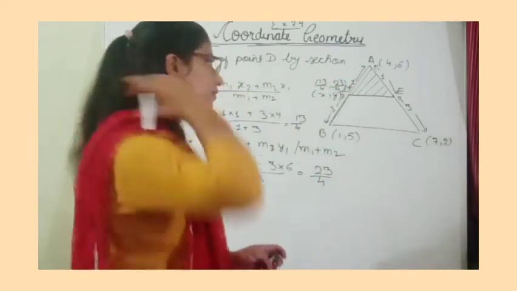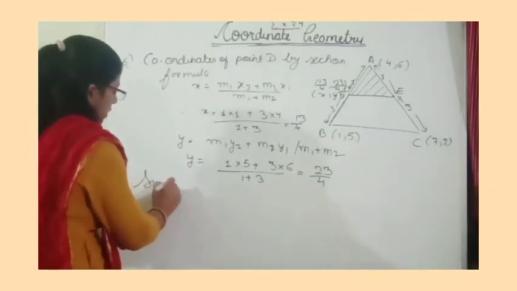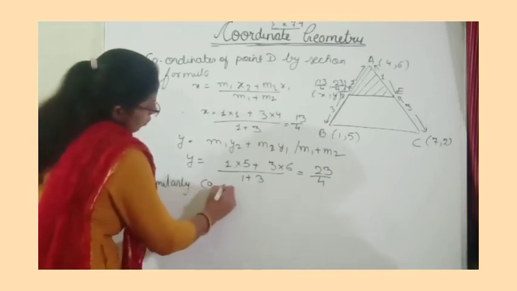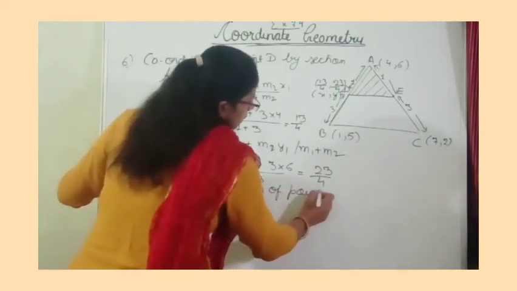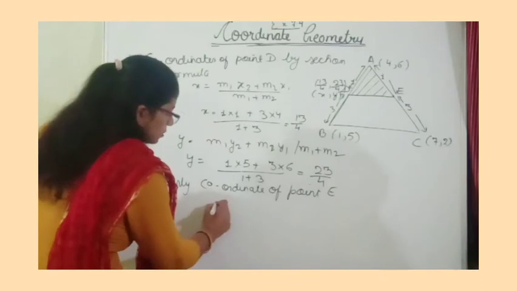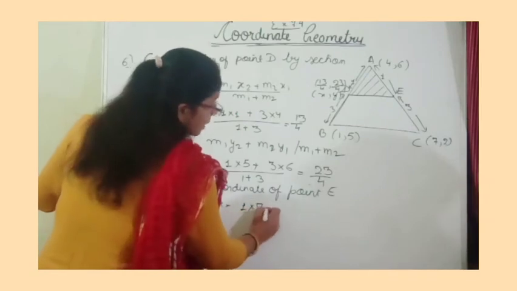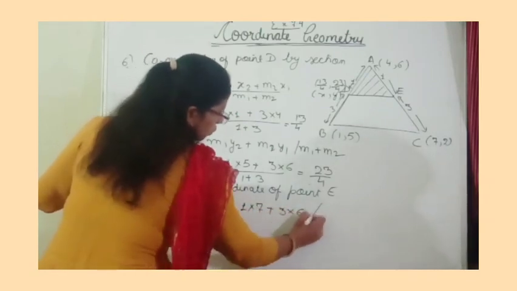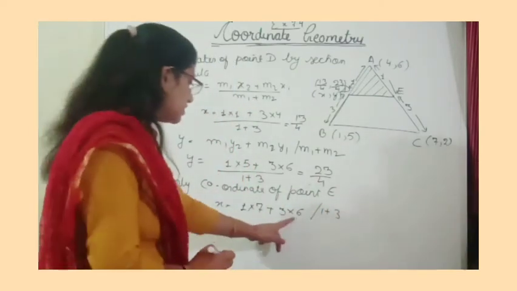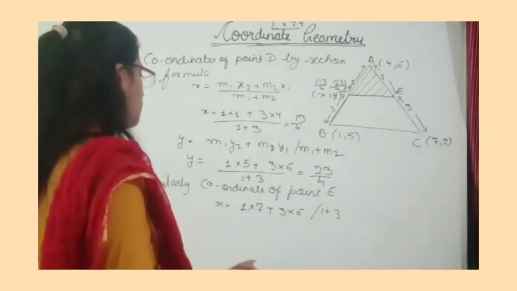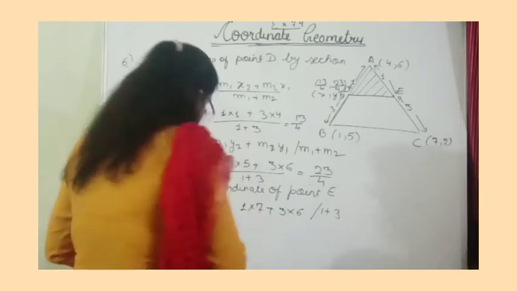So similarly we can find the coordinate of point E also. Okay. So we will write similarly the coordinate of point E. So very first I am finding the x coordinate. M1 x2 plus M2 x1 whole divided by M1 plus M2, 1 plus 3. So now what we'll get? 7, 6 is 18, 18 plus 7, 25. So we will get the coordinate of this one.